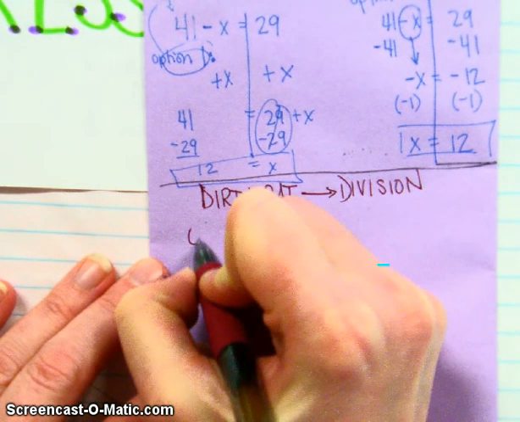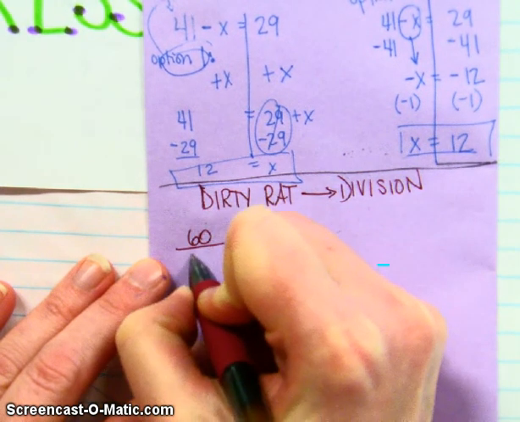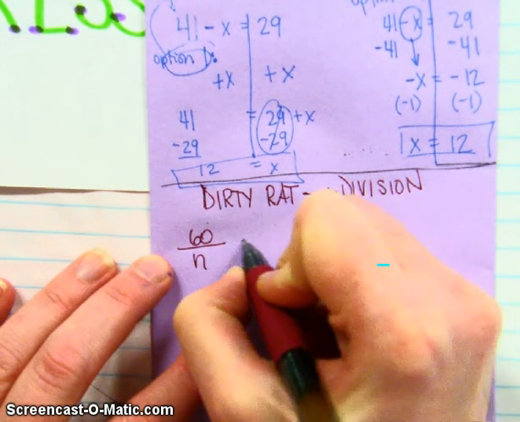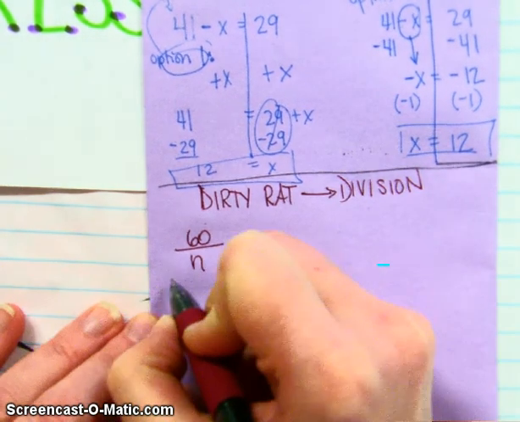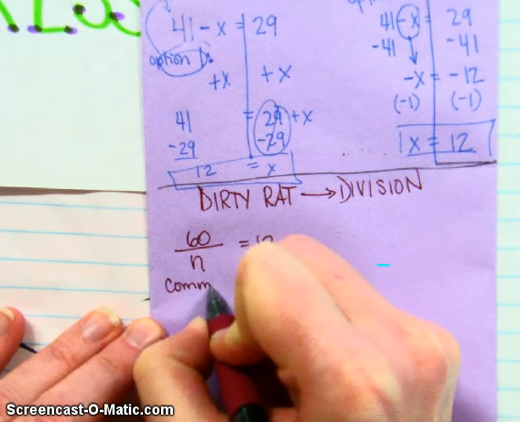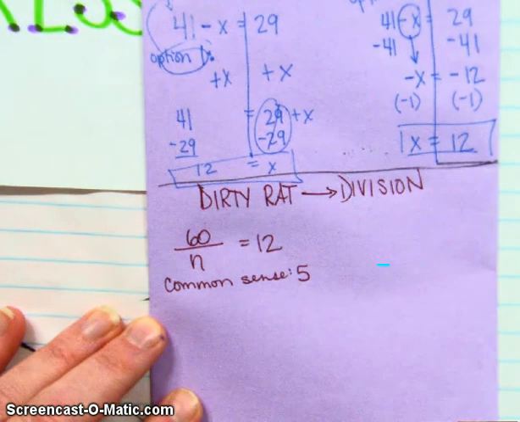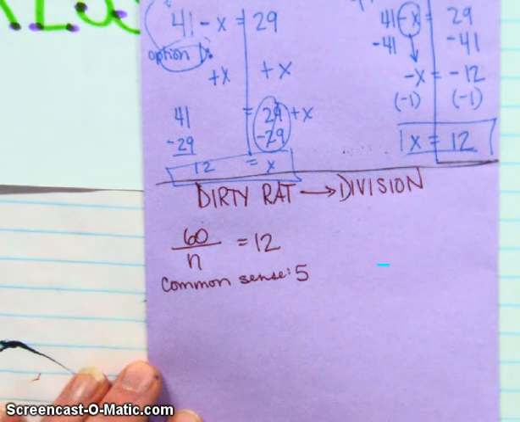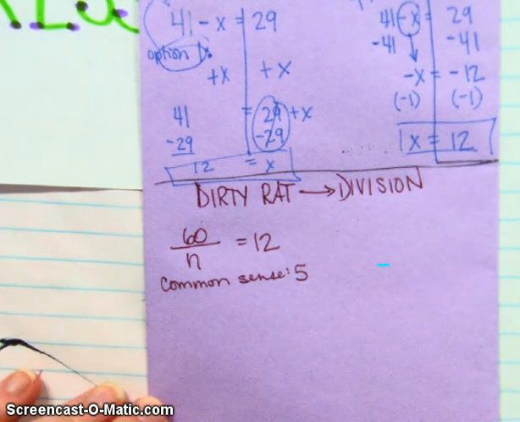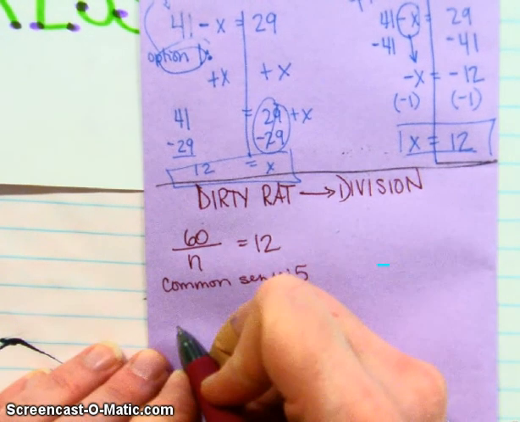So if we had 60 divided by n is equal to 12, common sense tells us, I know that's 5. But what if it wasn't something that was common sense? What if you did not know? What if it was